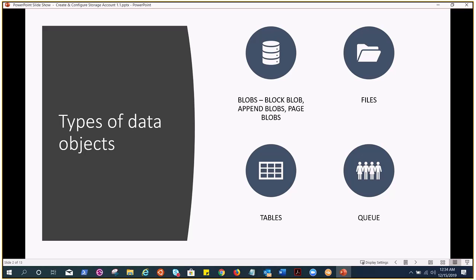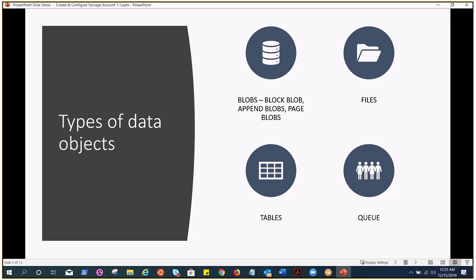All right, let's go to the files. This is for Azure File Share, which is a fully managed file share in the cloud that is accessible through the industry standard SMB protocol. Azure file shares can be mounted concurrently by cloud or on-premises deployments, Windows, Linux, and macOS. It is exactly like a network share that we used to